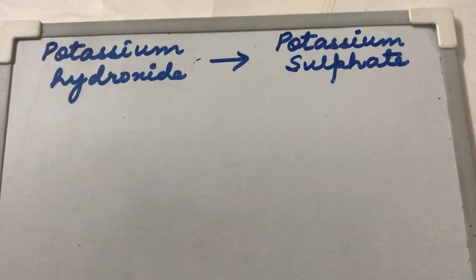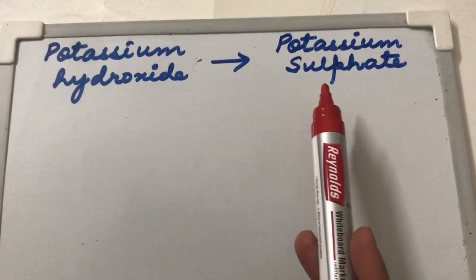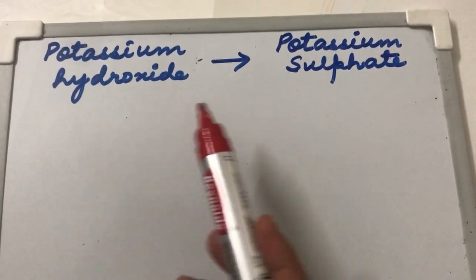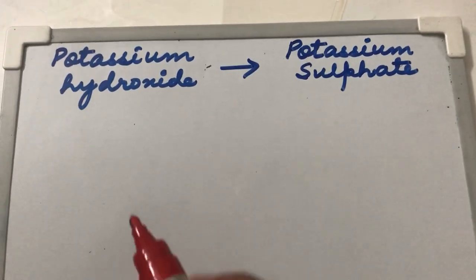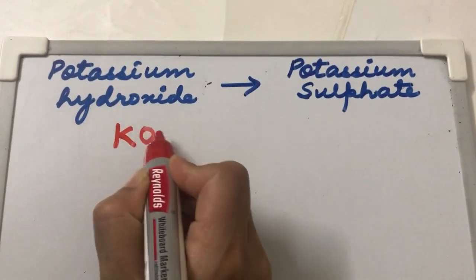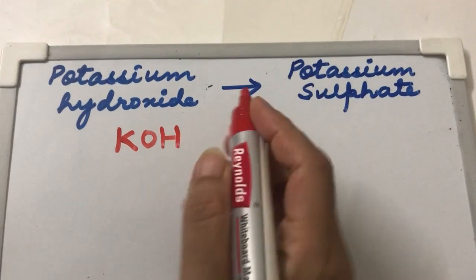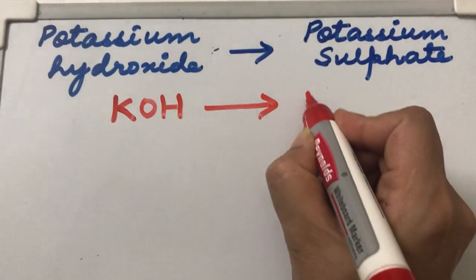Let us try to solve this equation, which is the conversion of potassium hydroxide to potassium sulphate. Any equation given in this form, first we need to write the formulas for them. So potassium hydroxide has a formula KOH, and we need to convert it to potassium sulphate, which is